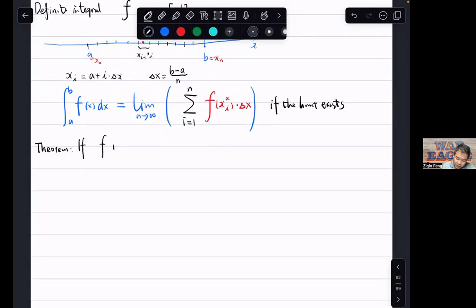If a function is continuous on a b, you don't have any bad points, or you have only finitely many bad points, or f has only finitely many